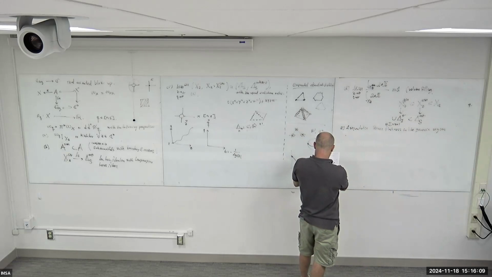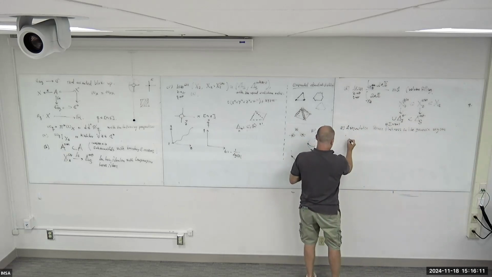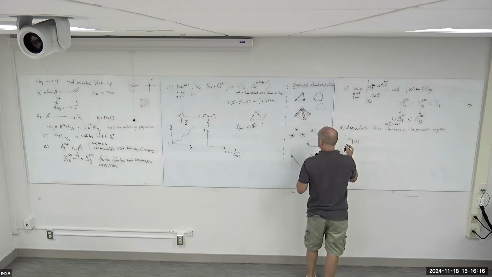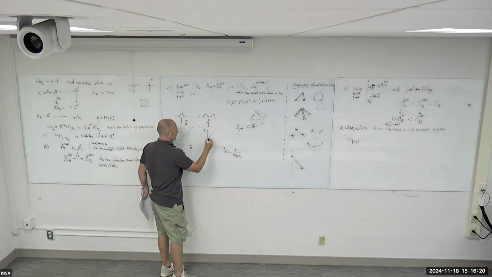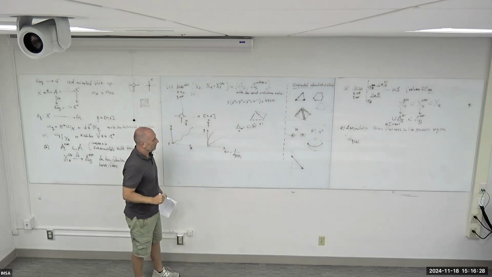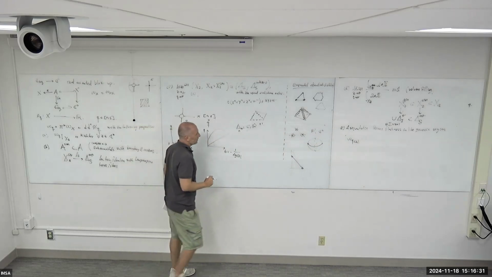So let's see. You take omega. So now let me take a path. We call a path admissible if it is not like this. The path has to go to the origin. The path is admissible if it has finite slope. Okay. So if you have an admissible path,